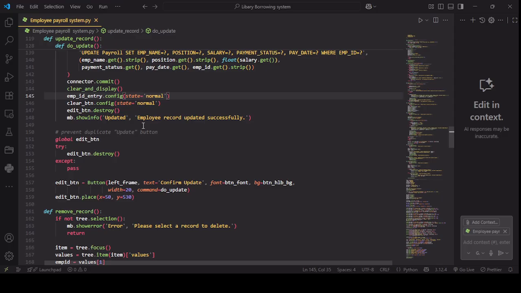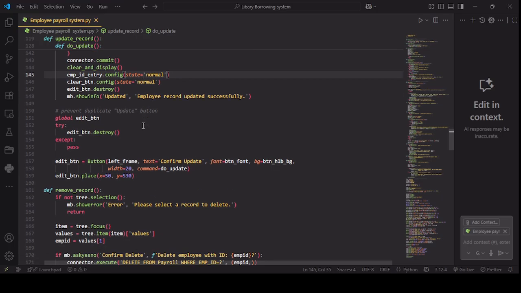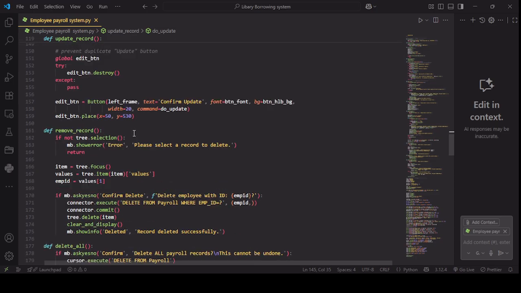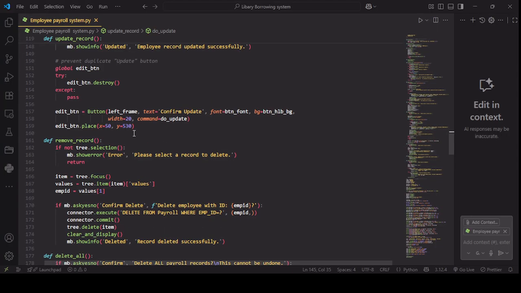And it was done, and the added part button will be destroyed on the spot, and so the success message. Okay, and for preventing the duplication part of the edit button, I have defined it like that. Okay,